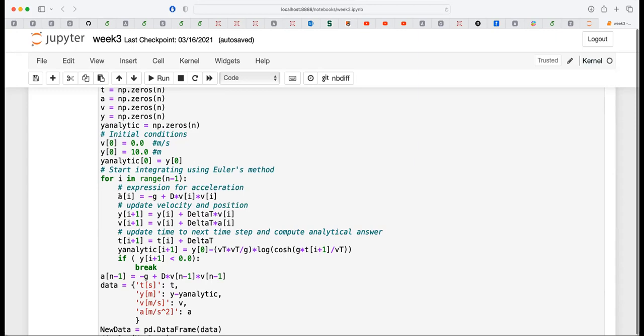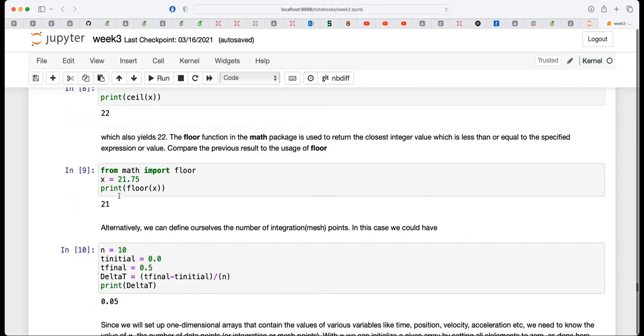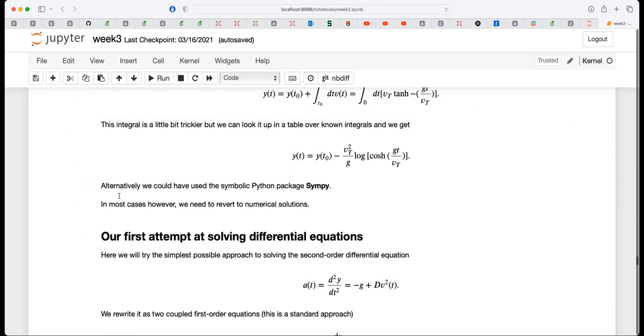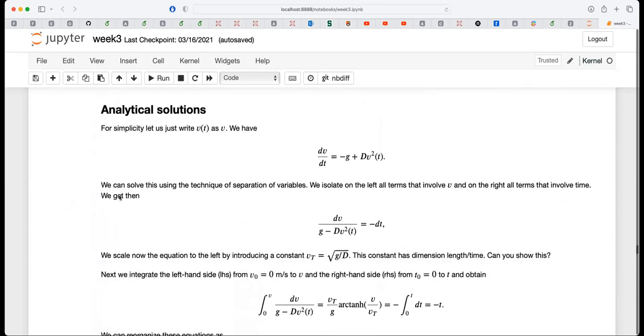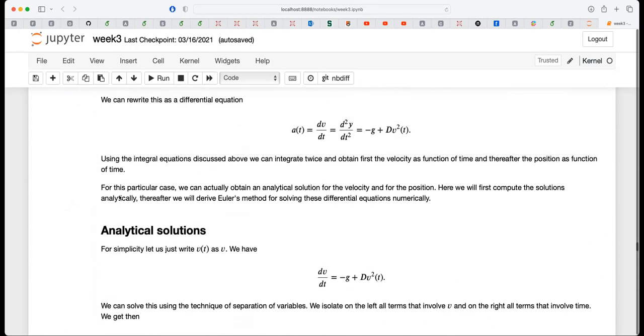So this is the kind of problem which you're going to see again and again. And in this case, we also have an analytical solution. And this is a kind of small exercise I'm going to give you over the weekend. You can look into the lecture notes. And I'm just going to stop pretty soon because I want to use the rest of the time on solving the exercises. But I wanted you to take a look at this specific problem.